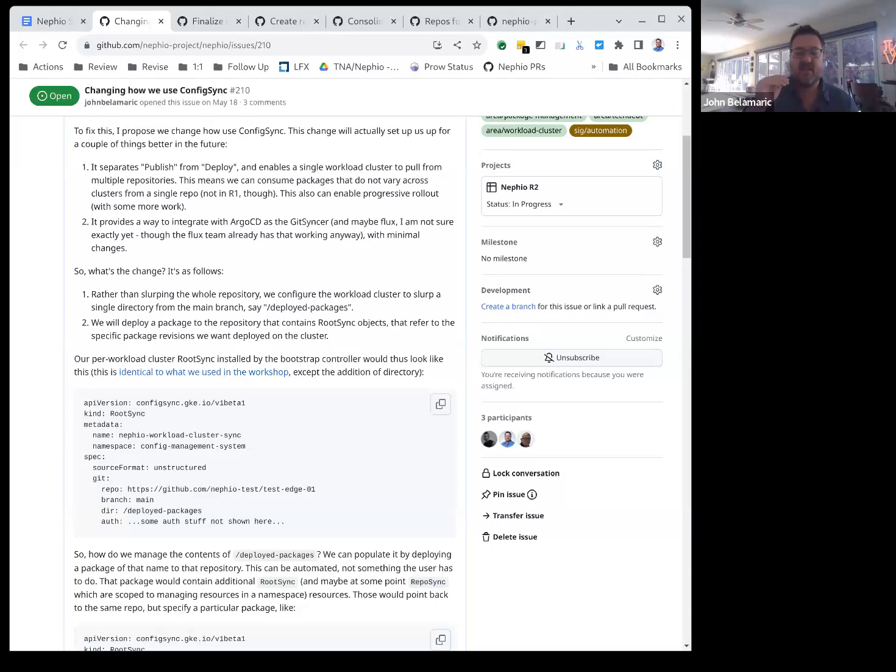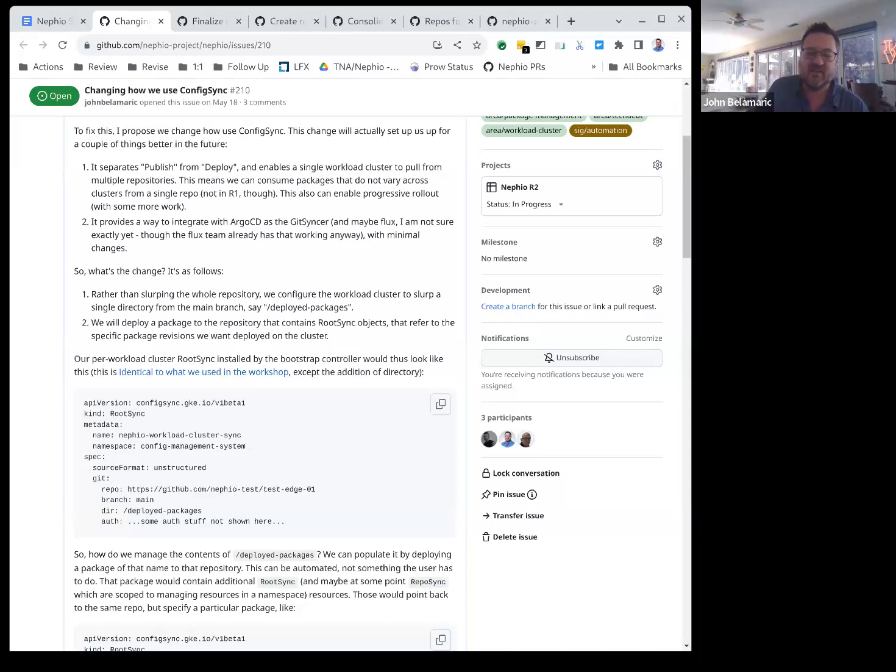In order to use a root sync per package, we have to apply those root syncs to the cluster somehow. So what we do is recursively use config sync to apply root syncs, which it then uses to apply packages.